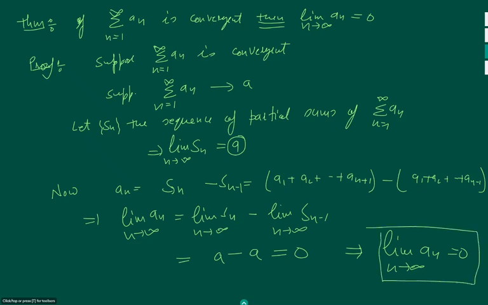So we have proved this theorem completely: if a series is convergent, then the limit of its nth term would be 0. So straight away we can say that if the limit of the nth term is not 0, then the series will not be convergent. For example,